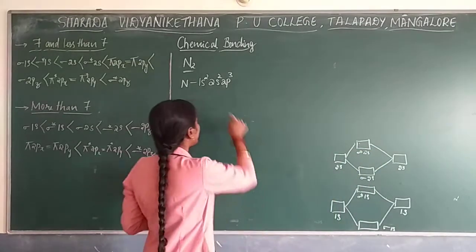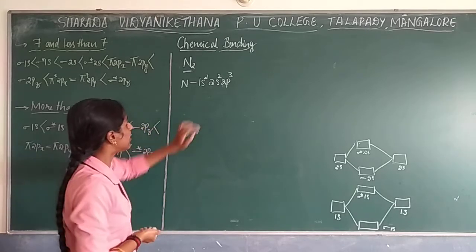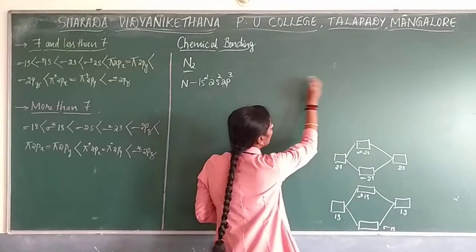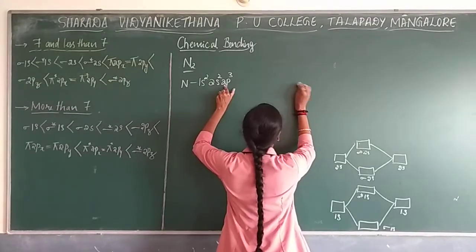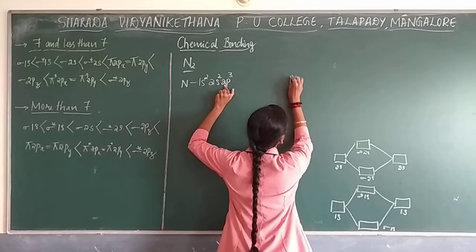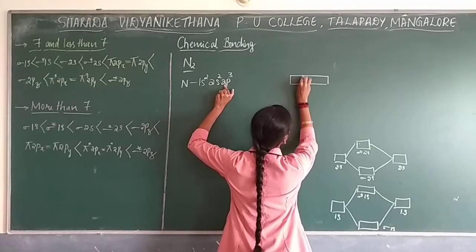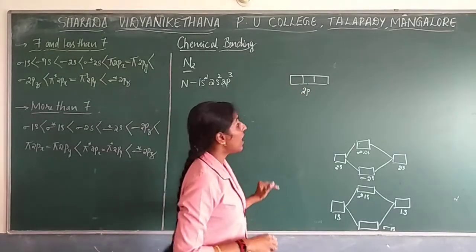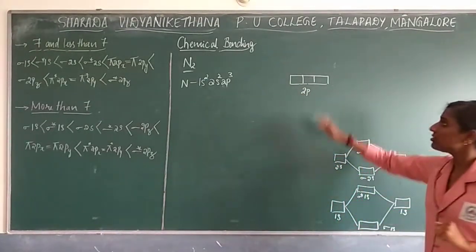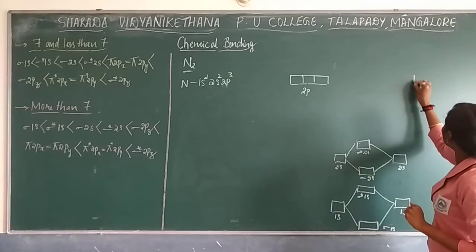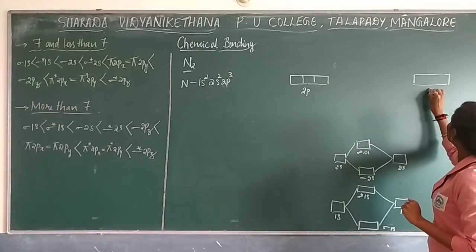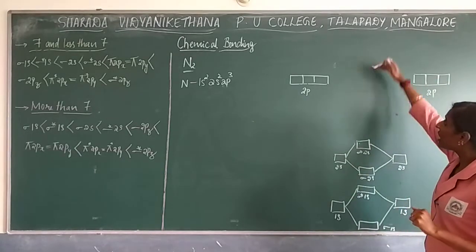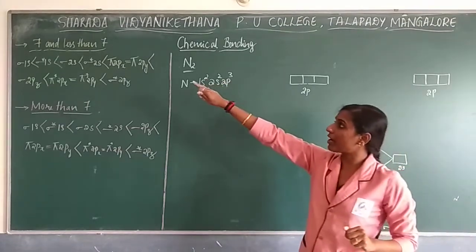Next, what you are writing is the p orbital. While drawing the 2p orbital, one of the nitrogen atoms has the 2p orbital structure, that is, it has p orbitals like px, py, pz. That is nothing but the 2p orbital. The other nitrogen also has the same structure, so there also it will have the 2p orbital, which goes with px, py, pz. What you have to write in the middle, you should go according to that.